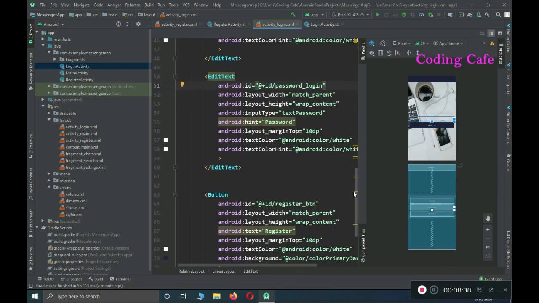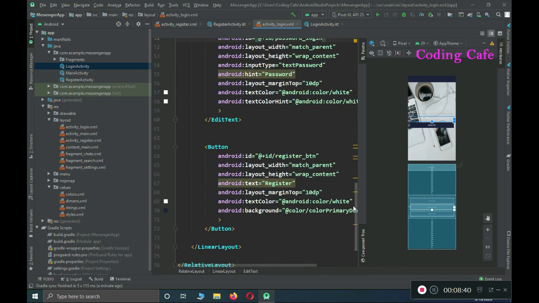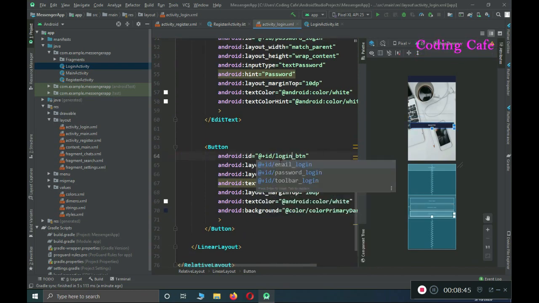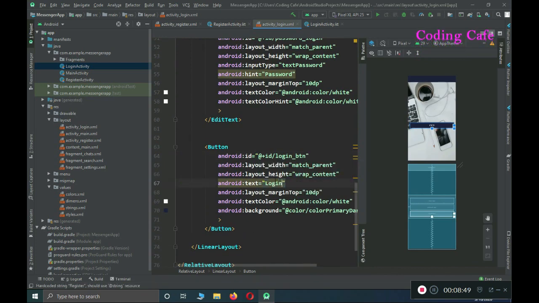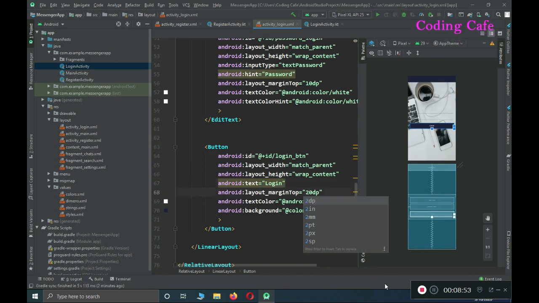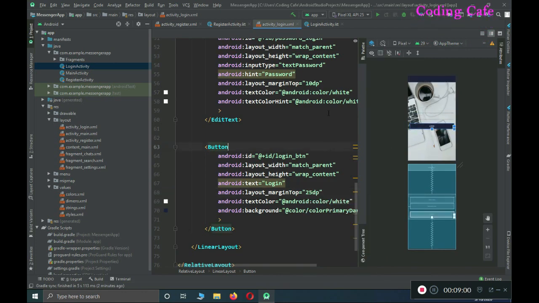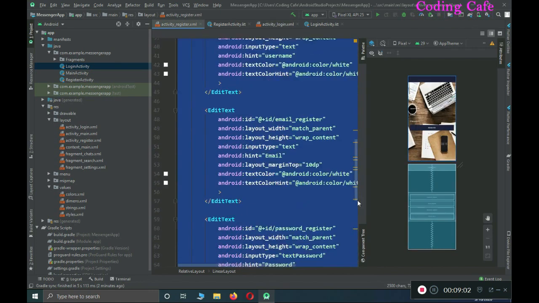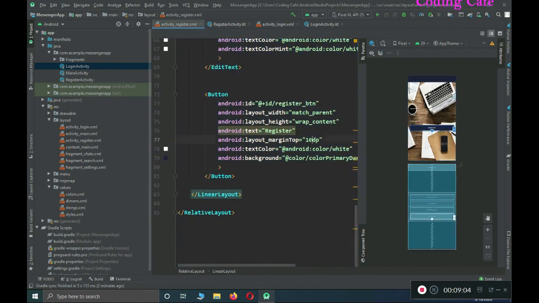And yeah, here we need to change this register button to login underscore button, and the name of this button is login. And also let's just give it some margin, that is 25 dp will be good. Okay, here you can see it, it looks more beautiful now. Also do it for the register. Let's scroll to the bottom and change this to 25 dp margin from the top, so it looks more beautiful